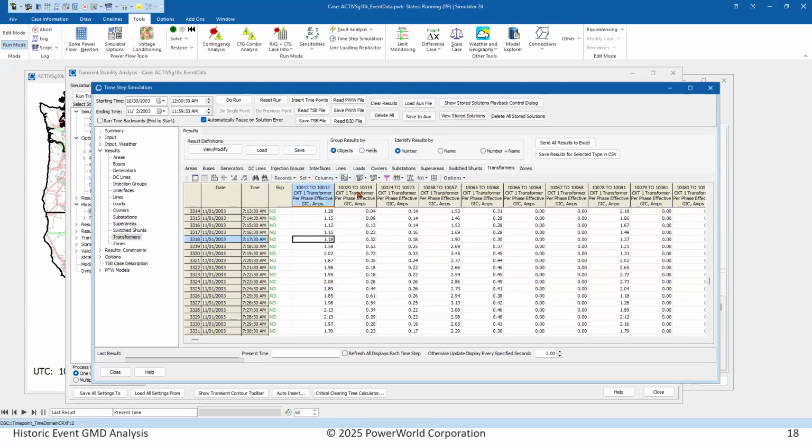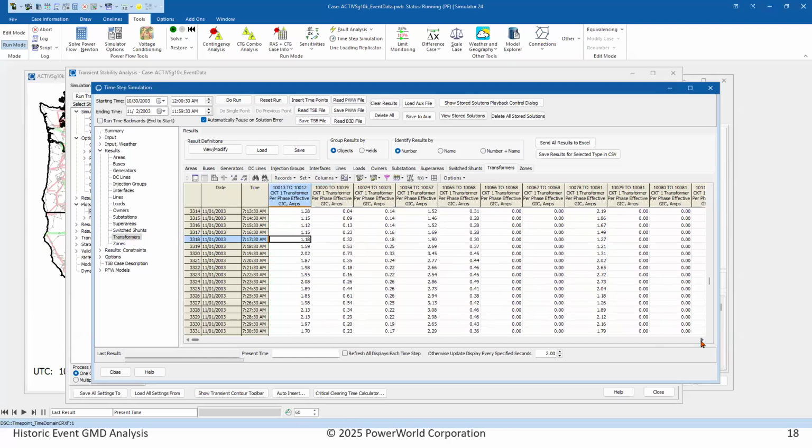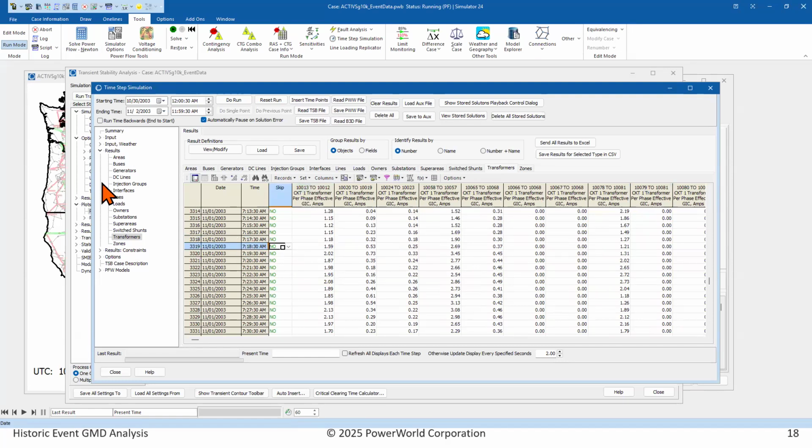But this is also something that you could calculate, or rather store, with the transient stability data too. So if you needed detailed plots for certain transformers, you could do that there as well. What this tool is useful for, though, is that it'll do the nonlinear power flow solution. So we could go to a range of points if we wanted to see, for example, what the system